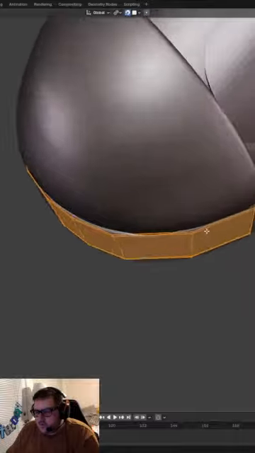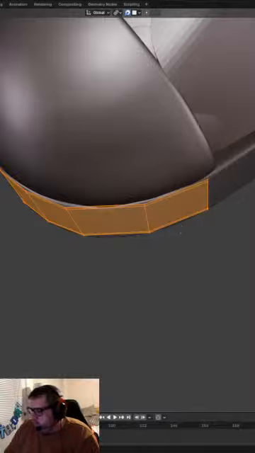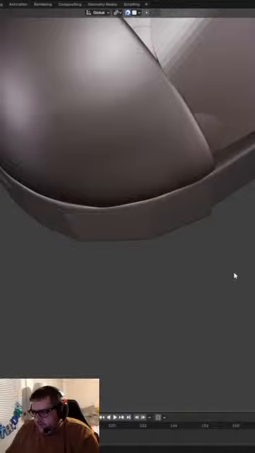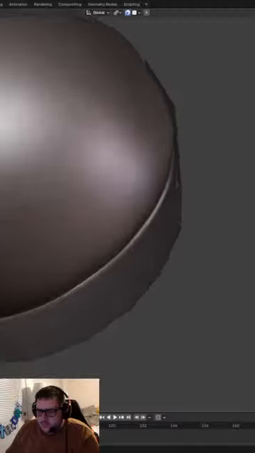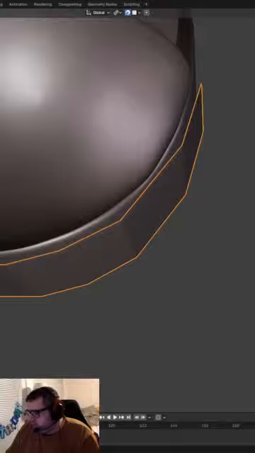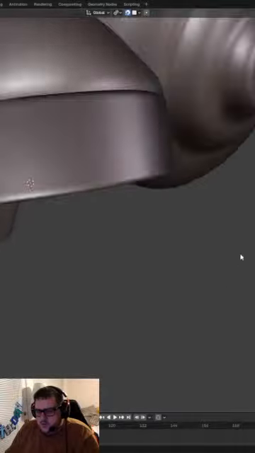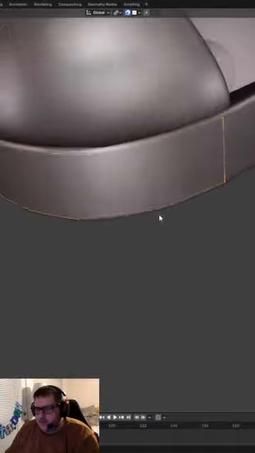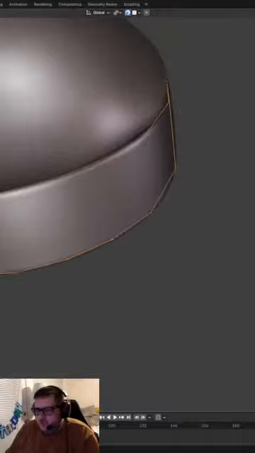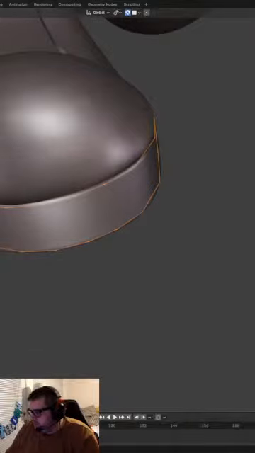Why is this not touching? Let's see here. Let's get rid of this solidify modifier. We're trying to figure out why we're not touching. Let's see here. Well, that would do it. We're not touching because I told it not to touch. Alright, so let's apply that shrink wrap modifier.